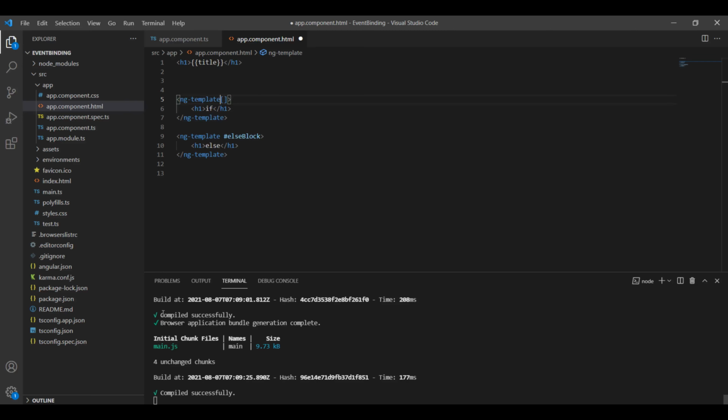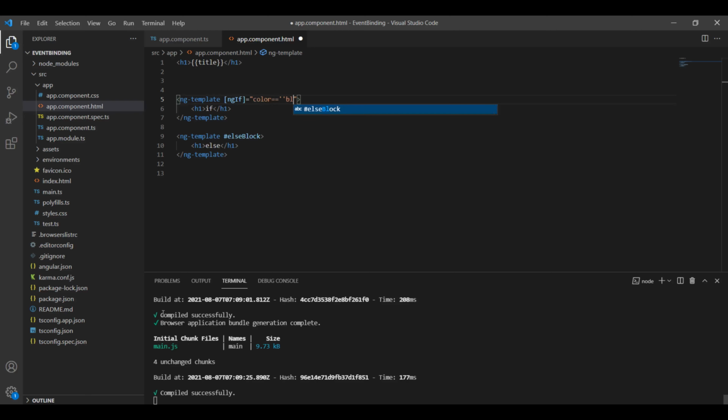Here ngIf, and I will give the value like color. As of now color is equal to blue.